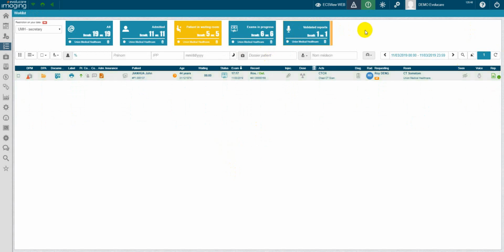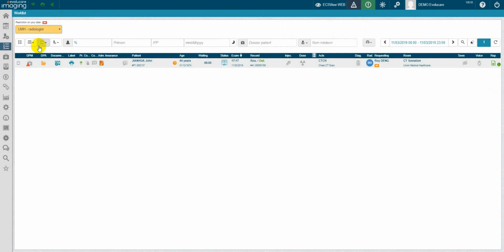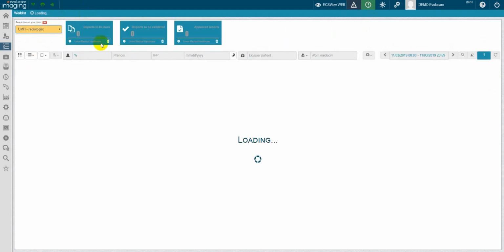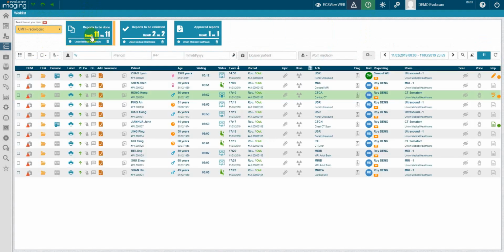For the radiologist, the widgets that make sense to display in their work list might be different than for the secretaries, right? That's why I created another view, and this view can be fine-tuned for sure per staff member, per each person, right? And the example for the radiologist will basically be this one, where I would only track